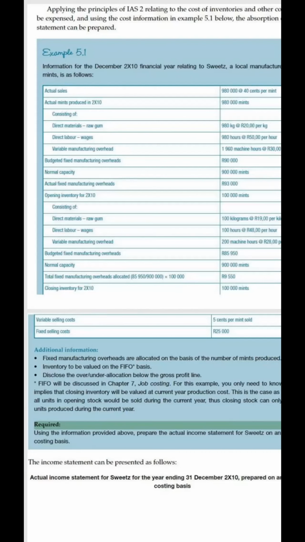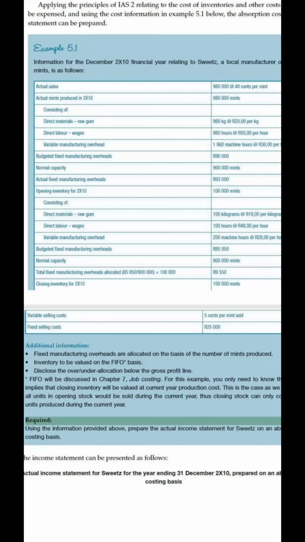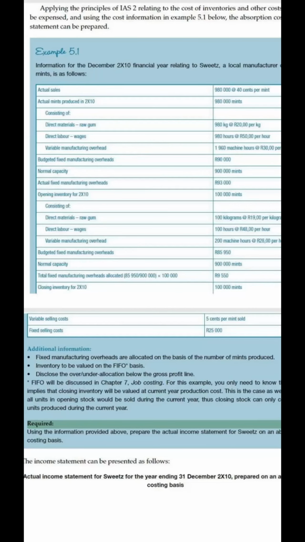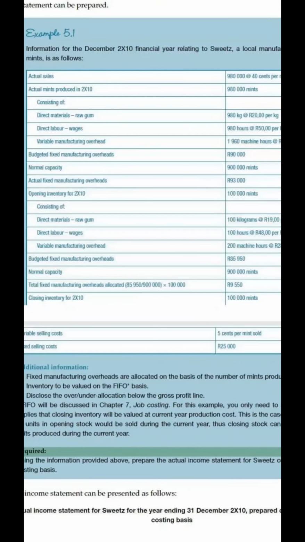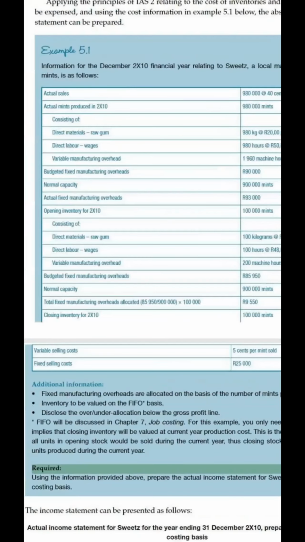All right. So in this instance, our main focus is going to be on the costs right down there. But again, I'll just talk about everything that you find on that statement. We are given the actual sales there, 980,000 at 40 cents per mint. So we're dealing with mints here. After establishing the actual and the budgeted information, which one is relevant for the particular question,